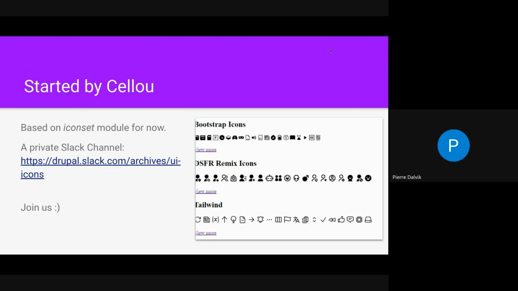So in your Drupal theme. Some design systems have only one icon set. Some can have a few icon sets. For example, Material Design has 2 icon sets. DSFR has 2 also. Bootstrap has only 1. And defining an icon set is very simple. You just have to define the